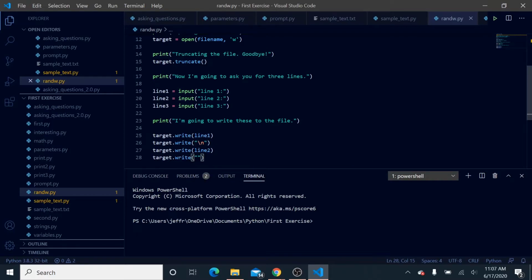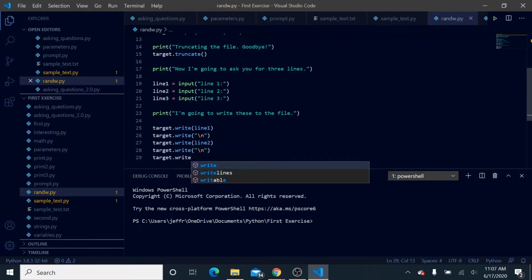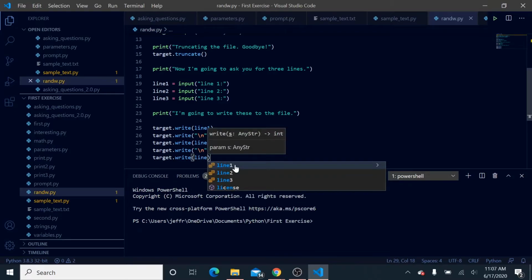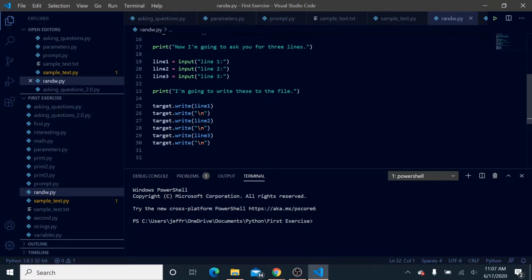Target.write, I'm pretty sure it's going to be \n, right? New line, yep. So we're going to create a new line. So we're going to write line 3, and then target.write \n. Alright, so what I'm thinking here right now is, I'm thinking it's going to write these lines, and